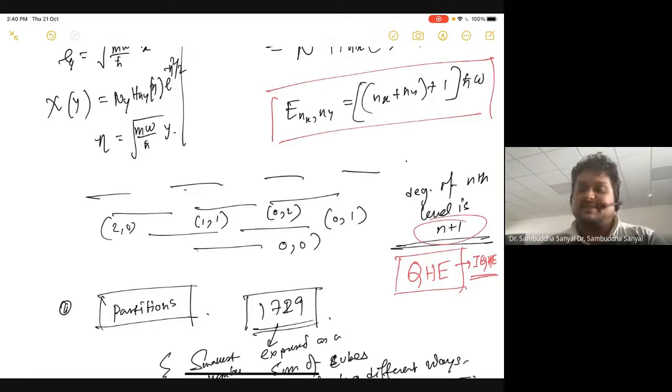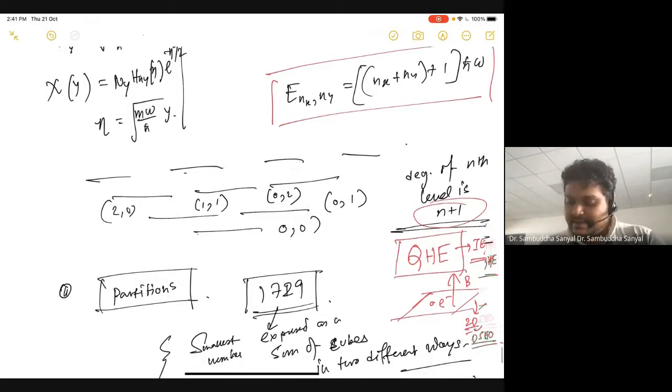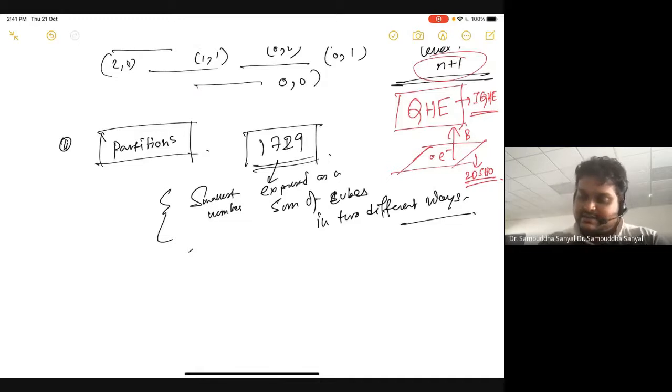So this is just a motivation for why such a simple problem is so interesting. But you will learn the technical details of this problem in the next semester. Even if you may not learn the actual problem, you will know all the tools that are required to study it. Which means, if you have an electron in two dimensions, and you turn on a magnetic field B, this problem can be mapped to a 2D simple harmonic oscillator problem. And this degeneracy controls the physics of that kind of system. Okay, so this was what we discussed last time.